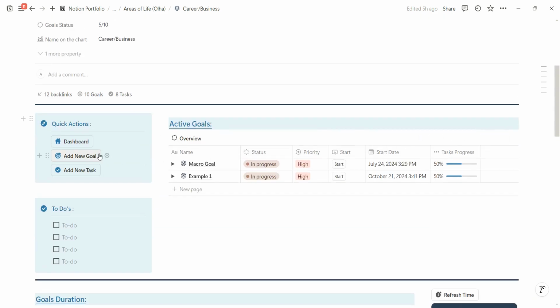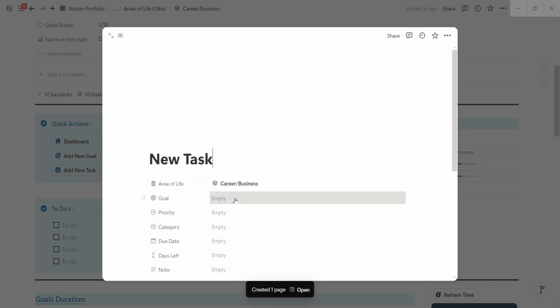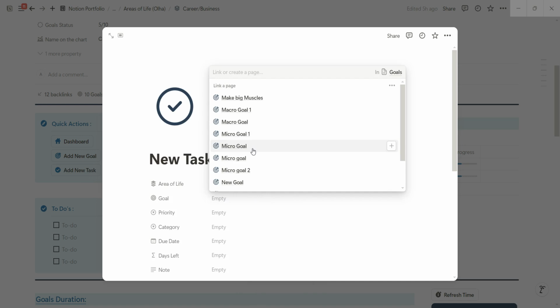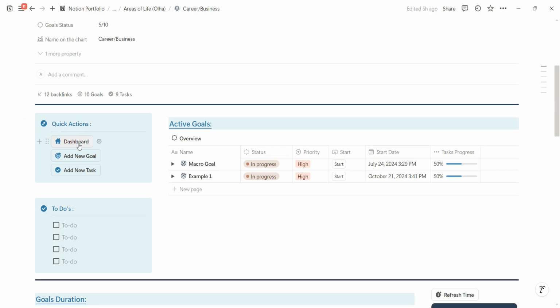Now you could go back to the home page, right? We could also, as I just said, create a task and link it to a goal just from here. It doesn't always have to be from inside the goal. You can also create a task and choose the goal that you want to link it to. Then if we go back to the dashboard here,